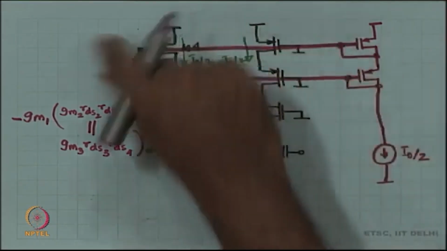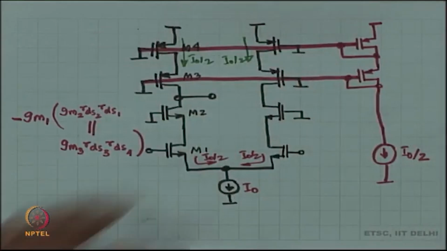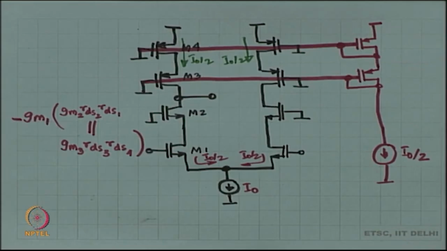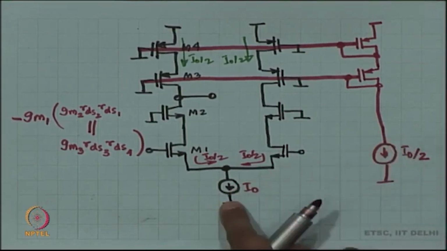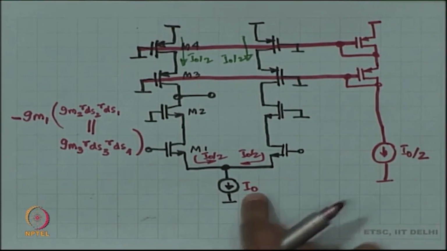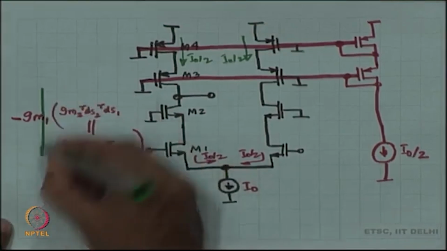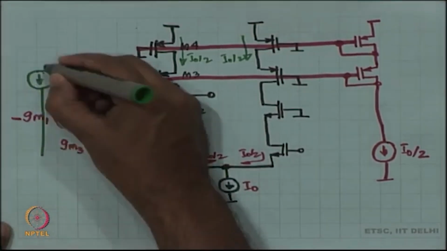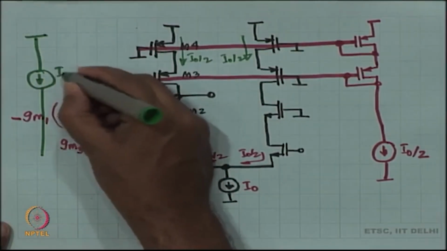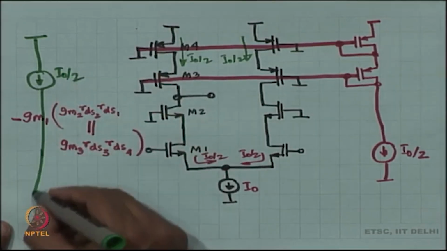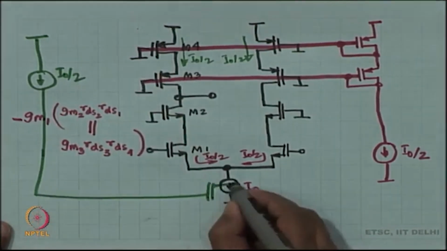Okay, so, both of these voltages, they are not really ground, they are some voltage which is created by a current source. Okay, these two current sources have to be matched now, right. If this is I naught, this needs to be I naught by 2. How will you do that? This is also going to come from some reference current source. Let us say I naught by 2, and then you are going to mirror it